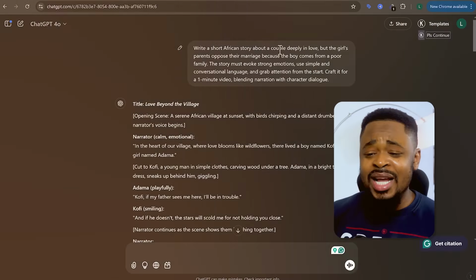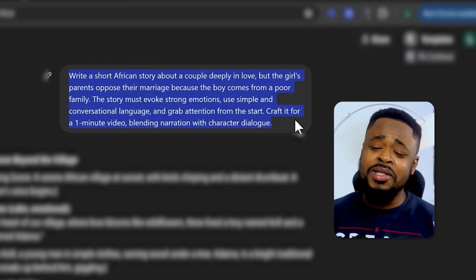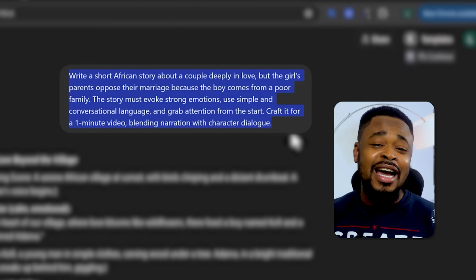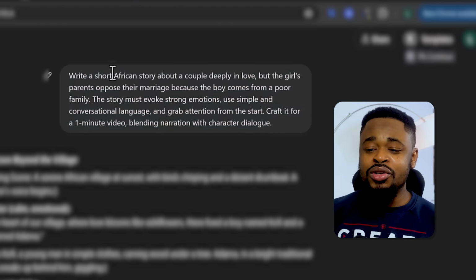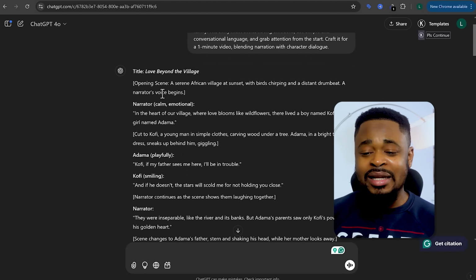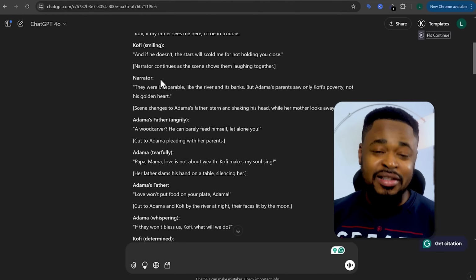The first thing we're going to be doing is to create a script with ChatGPT, which is very easy. All you need to do is to enter this prompt. I'm going to be giving you this prompt for free, so just copy this prompt and use it. Tweak it to fit the kind of story that you want to create, the type of movie. So I'm going to use this prompt, and you can see the result that it has given me. It has given me a script, a very short movie script, right?